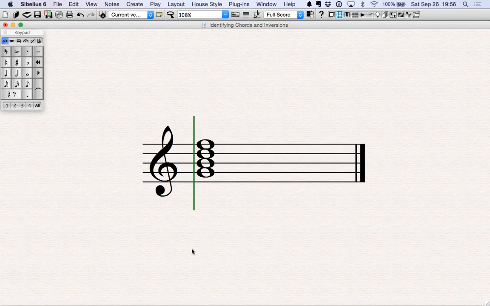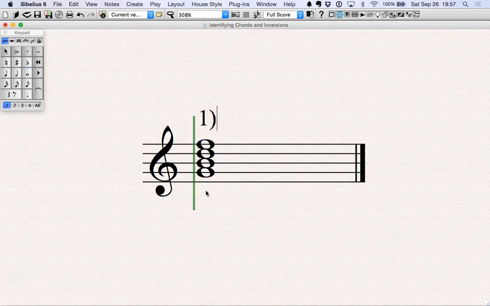There are several ways that you can go about identifying triads and sevenths and their inversions, but I'll go through a step-by-step process that I think best helps to eliminate or at least limit the possibility of the numerous errors that you might encounter. So it's a four-step process, and the first one may seem really obvious, but it's good